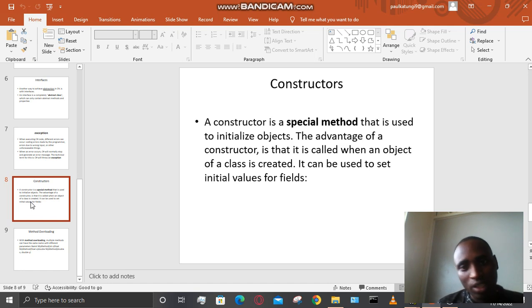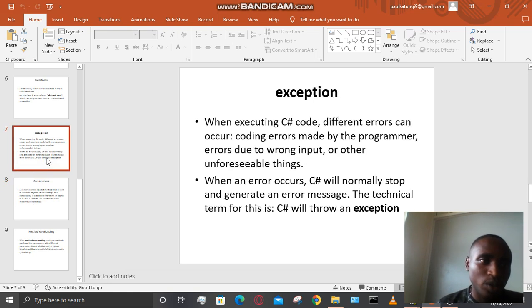The advantage of constructors is that they are called when the object of the class is created, and they can be used to set initial fields with the code. Then we have